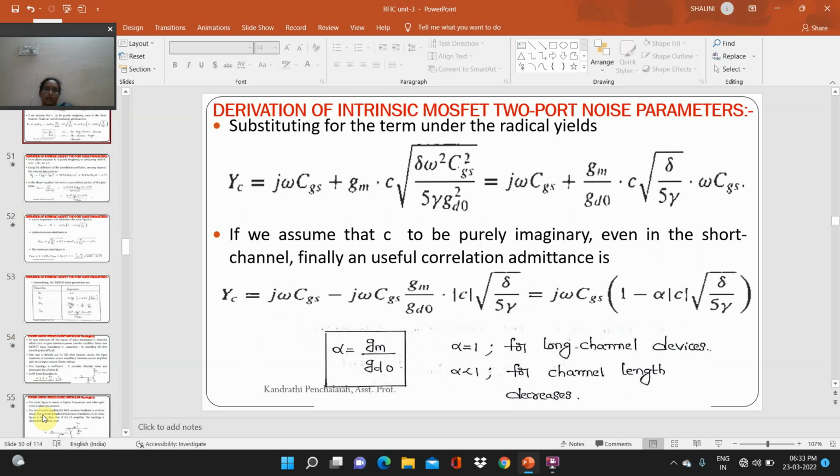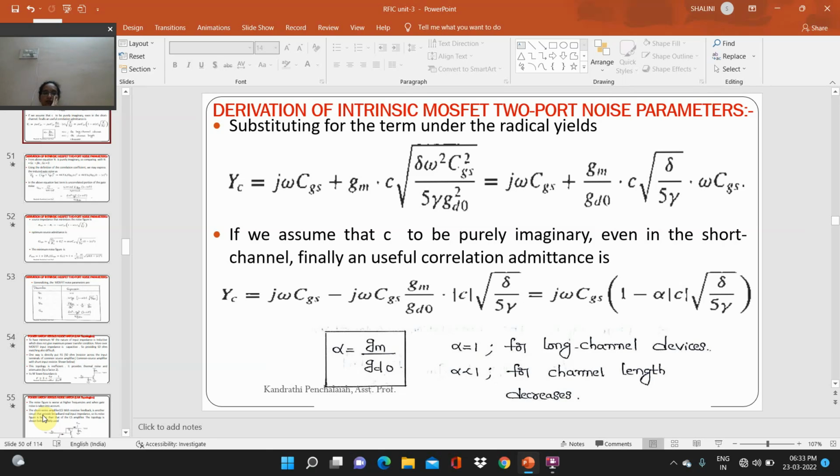Substituting for the term under the radical, Yc is equal to j omega Cgs plus Gm into c into square root of delta omega squared Cgs squared by 5 gamma Gd0, which is equal to j omega Cgs plus Gm by Gd0 into c into square root of delta by 5 gamma into omega Cgs. If we assume c to be purely imaginary, even in short channel devices, finally a useful correlation admittance is